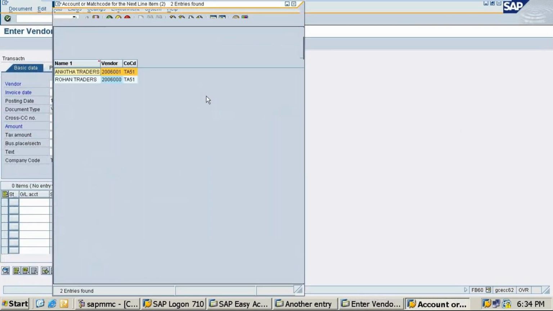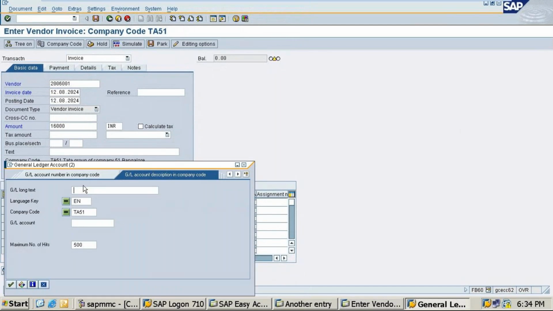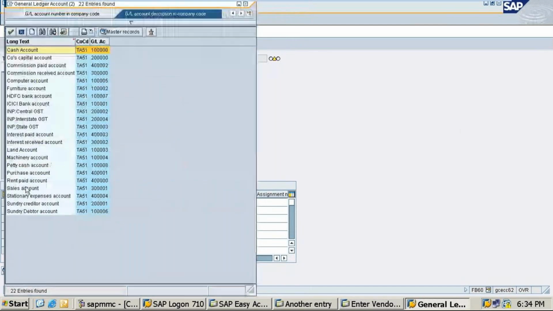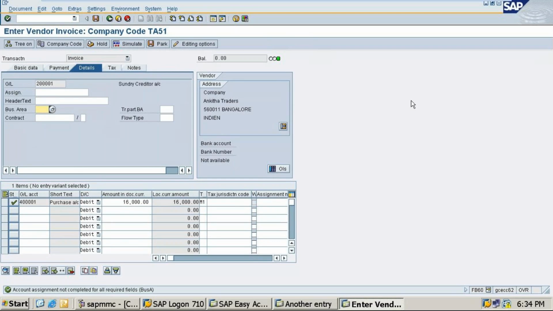Ma'am, to enable the change, one second. There is some error displaying, so I'm rectifying that. Okay, it's taking, students.